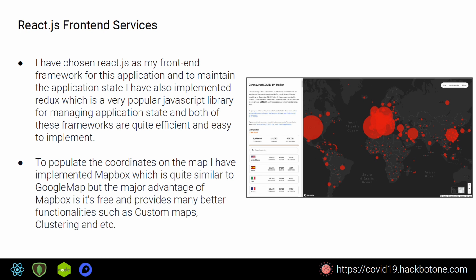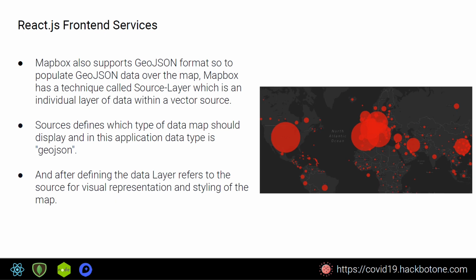And to populate the coordinates on the map, I've implemented Mapbox, which is quite similar to Google Maps, but the major advantage of Mapbox is it's free and provides many better functionalities such as custom maps, clustering, turn-by-turn navigation, and many others. So as I've already mentioned, Mapbox also supports GeoJSON format, and to populate GeoJSON data over the